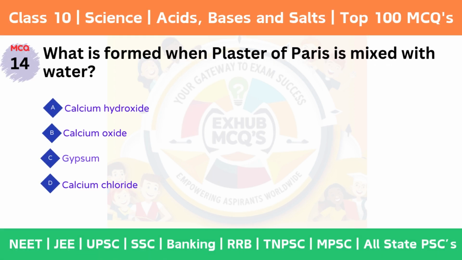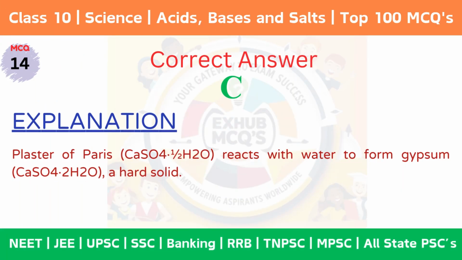MCQ 14. What is formed when plaster of Paris is mixed with water? Option A, calcium hydroxide. Option B, calcium oxide. Option C, gypsum. Option D, calcium chloride. The correct answer is option C, gypsum. Explanation. Plaster of Paris, CaSO4·½H2O, reacts with water to form gypsum, CaSO4·2H2O, a hard solid used in construction and medical